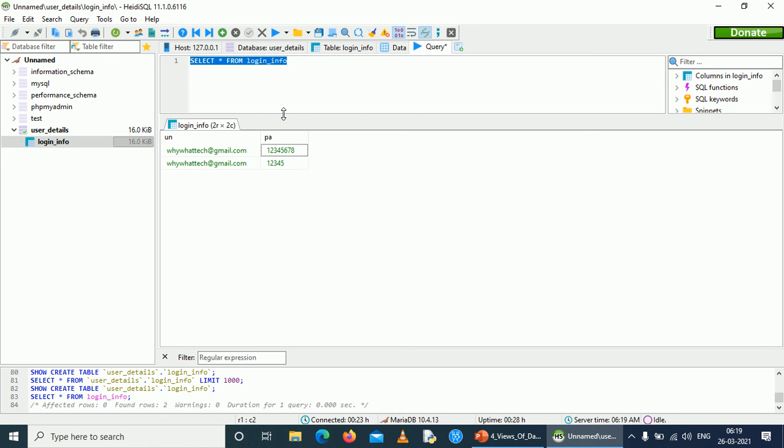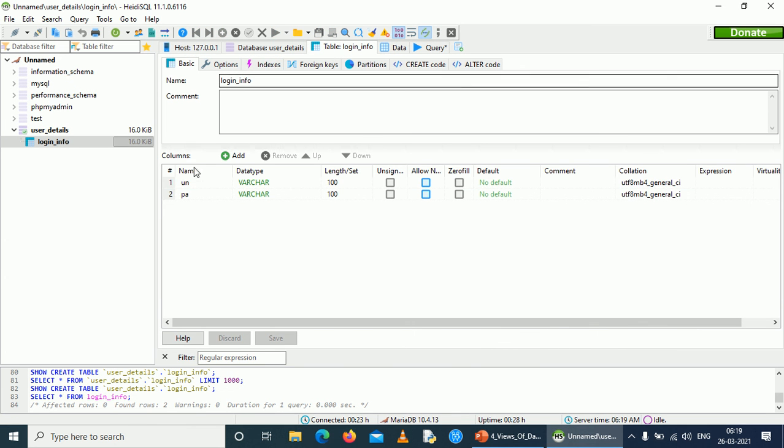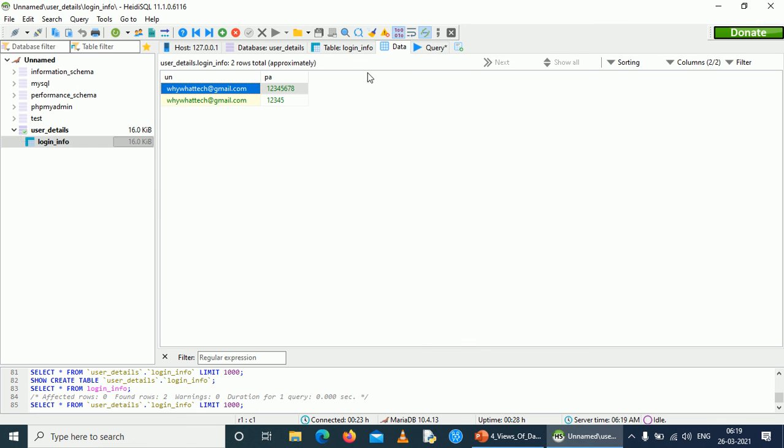But from the angle of the server, it will be having these details: the data type of the rows and columns, the relationship between this table and the other tables from the other database. Other things will be recognized only by the server. And also the server might be able to fetch the bytes of data from the database and convert it back to meaningful information and present it to the user.